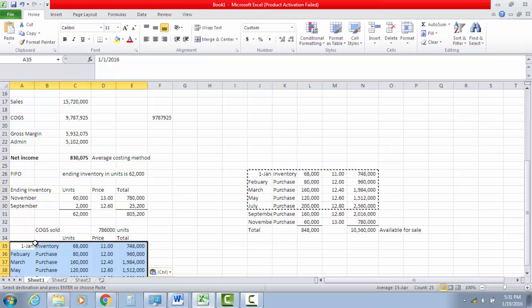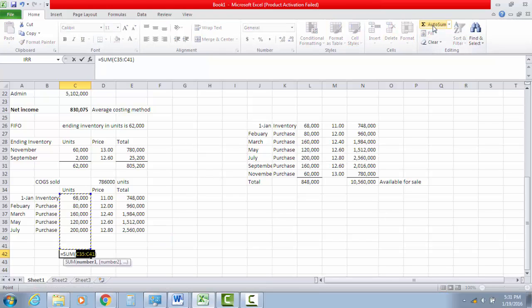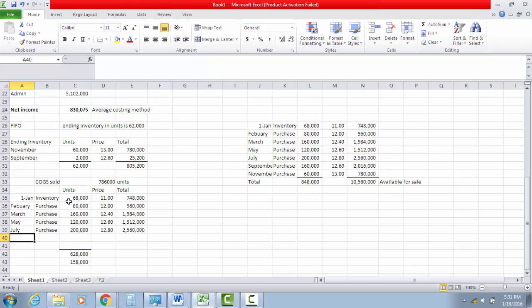Now I'm just going to do this for copying purposes. So I know when I get down to the bottom, I need 786,000 units, correct? That's how many I sold. So what I can do is say, okay, I have the 786 less the sum of what I think I sold and try it out that way. So basically I say, okay, first in, first out, I sold my beginning inventory, and then you keep going down the line. So then you get to September, and you must have sold